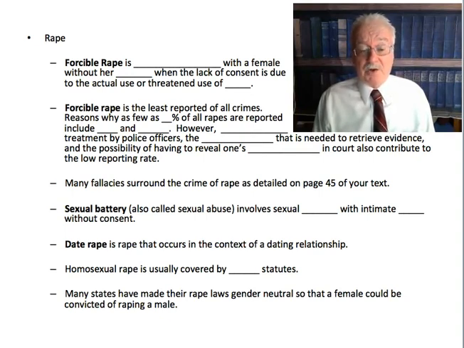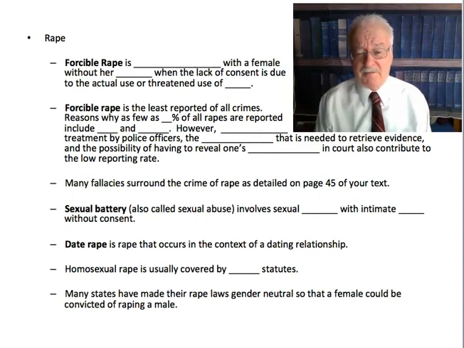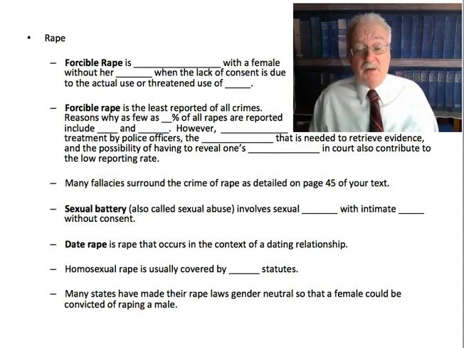Date rape is rape that occurs in the context of a dating relationship. Now, you can certainly be raped by somebody that you're dating. There's no doubt about that. The problem is it often comes down to a he said, she said situation, unless there's a third-party witness or a video or really signs of injury and force. It was forcible rape. So date rape is clearly rape, but it's very difficult to prove. So you really need to be careful who you go out with and who you wind up alone with until you really know somebody.